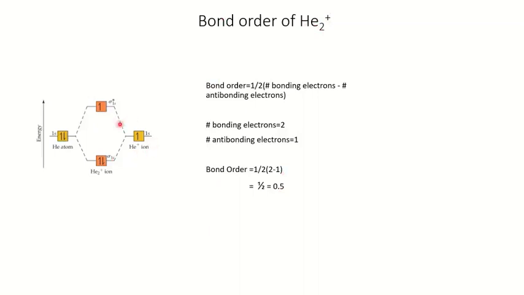So let's consider He2. Then there will be 2 electrons here. So 2 electrons will be here, and instead of 1 there will be 2 electrons in the antibonding molecular orbital also. So this will be 2 and this will be 2. So 2 minus 2 will be 0, and He2 is the bond order in He2 is 0. So He2 എന്ന് പറയുന്ന ഒരു മോളിക്യൂള് എക്സിസ്റ്റ് ചെയ്യുന്നില്ല എന്നുള്ള രീതിയിൽ പറയുമ്പോൾ He2+ എന്നുള്ള ഒരു മോളിക്യൂളിനെ എക്സിസ്റ്റ് ചെയ്യാം, അതിന്റെ ബോണ്ട് ഓർഡർ ഉണ്ട് 0.5, ഒരു ഫ്രാക്ഷണൽ ബോണ്ട് ഓർഡർ അതിനുണ്ട് എന്ന് നമുക്ക് പറയാനായിട്ട് പറ്റും.